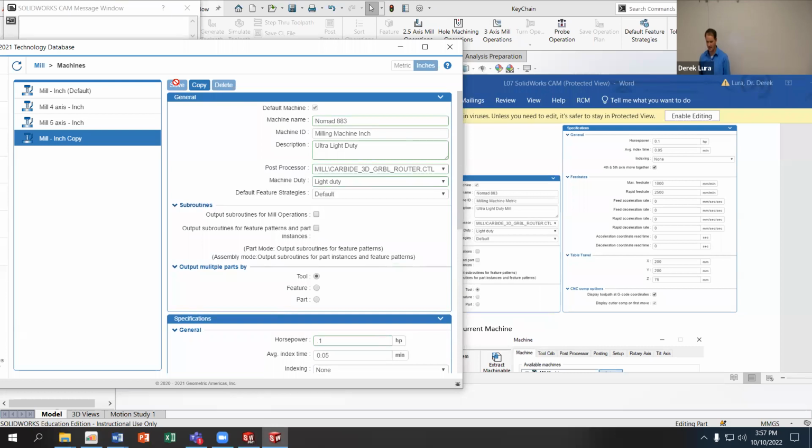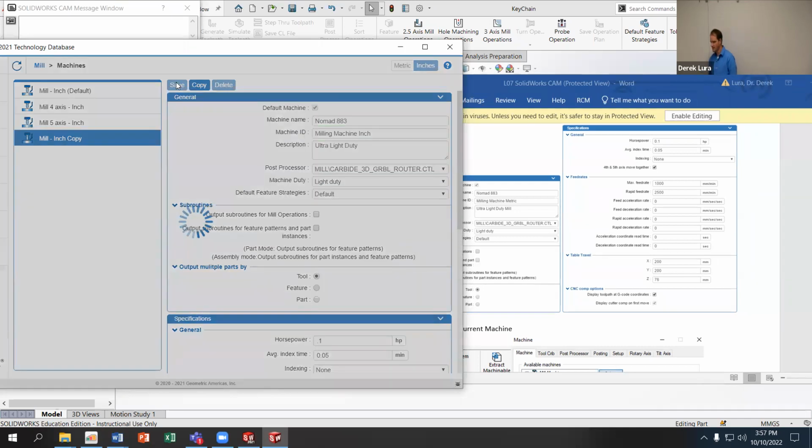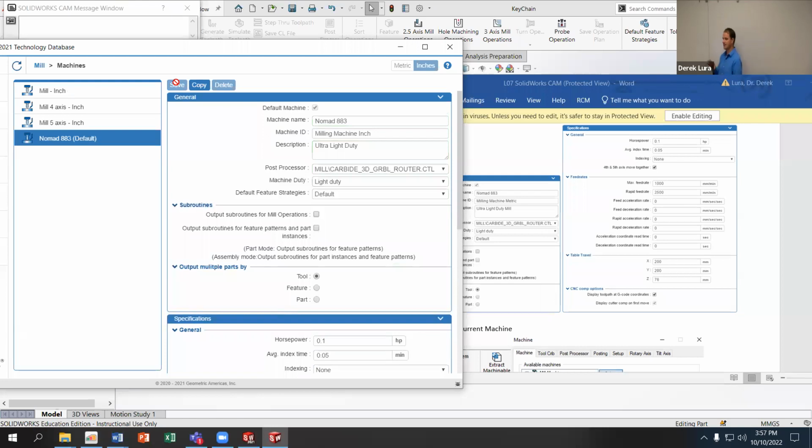And once it's finished saving, I can close this, and then we'll set this new machine that we have, the Nomad 338, as the machine for the part that we're doing. All this stuff gets saved under the user preferences. So once you've added a machine to your workstation, it will be there regardless of what part you're working on. The next step, assigning the machine to the part, will save with the part as well. So when you move the part around, it'll know which machine has been assigned to that